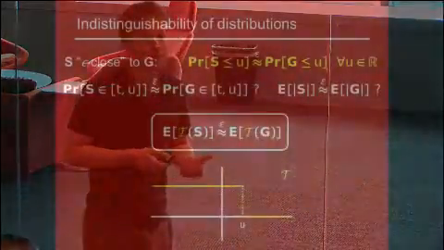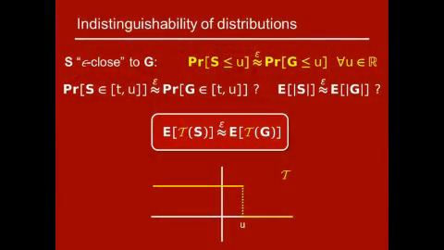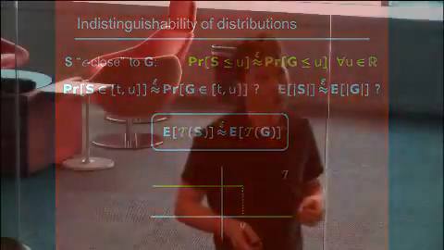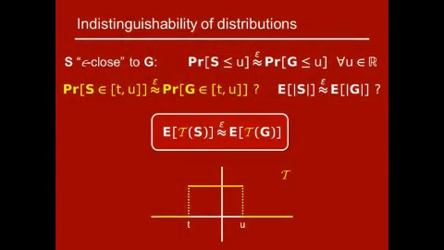Well, all these can be put in one framework, which is that of, imagine you have a test function T, a function from the reals to the reals. And you might hope that S and G are indistinguishable to that test function in expectation. All of these three facts are of this form. For example, if your test function T is the indicator of this half-infinite interval, that's like saying this fact. Or if T is the indicator of an interval, that's like saying this fact. If T is the absolute value function, that's like saying these guys are close. So we're going to try and prove something like this.